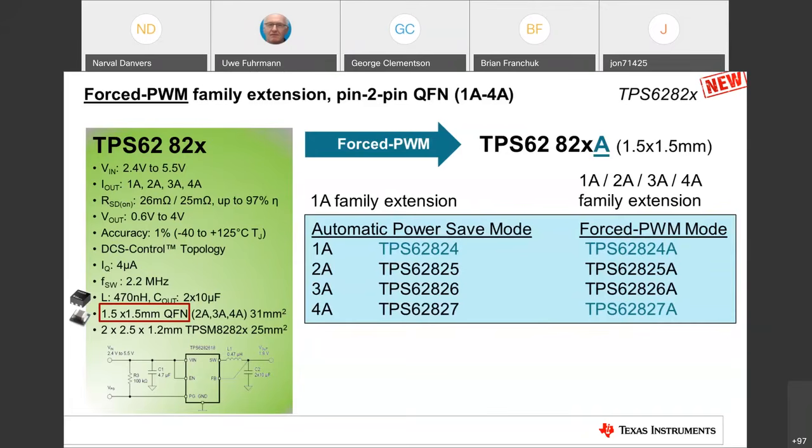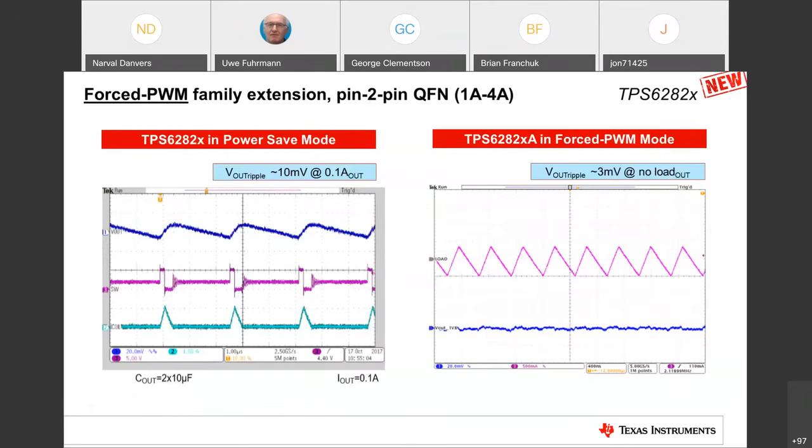Again, the forced PWM mode helps you with lower output voltage ripple. We can see that here, taken from the datasheet. On the left-hand side, you see this family with the automatic power save mode. Of course, in automatic power save mode, you only switch sometimes, and this is on the lower end of the graph. Just sometimes you need to switch to get the output voltage stable. But of course, that creates a little bit of ripple on the output voltage. It's not much. You can see here around 10 millivolt for 100 milliamp output,